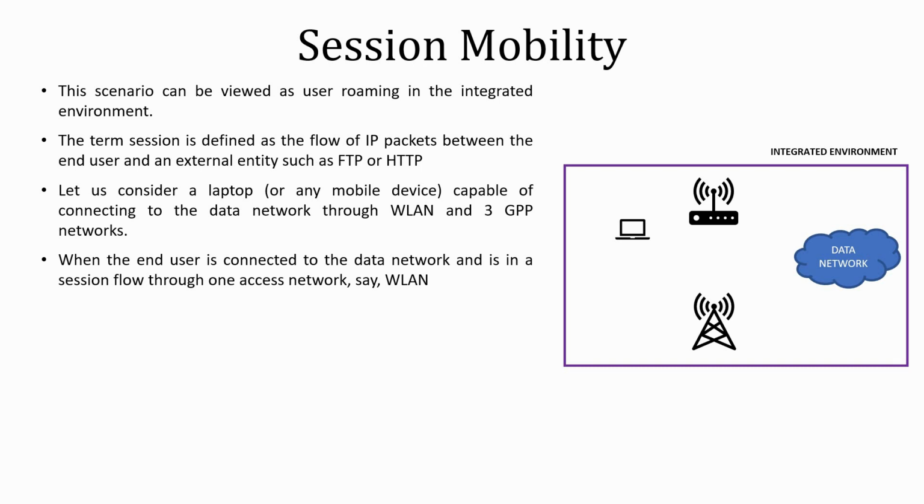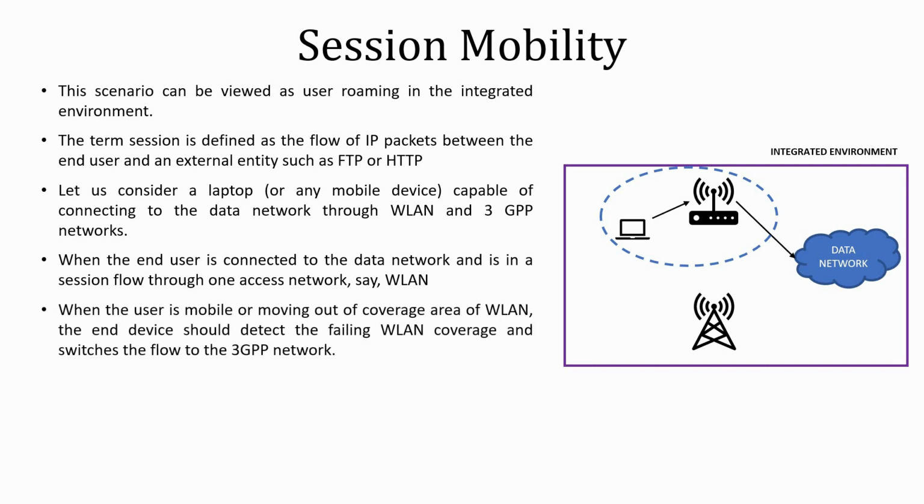When the end user is connected to the data network and is in a session flow through one access, let us say the laptop is connected to the data network through a WLAN access network. We can see that the IP packets are being directed to the data network through the WLAN network. Now let us assume that the user is mobile and is moving out of the coverage